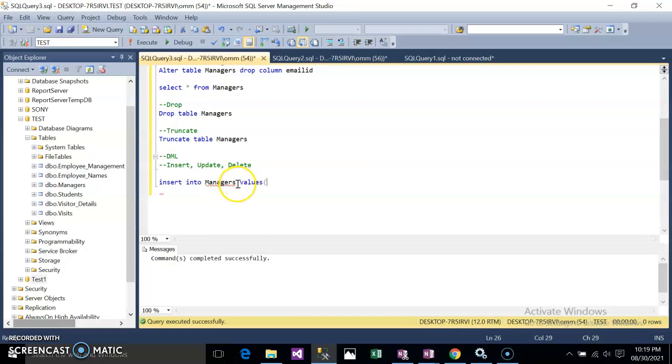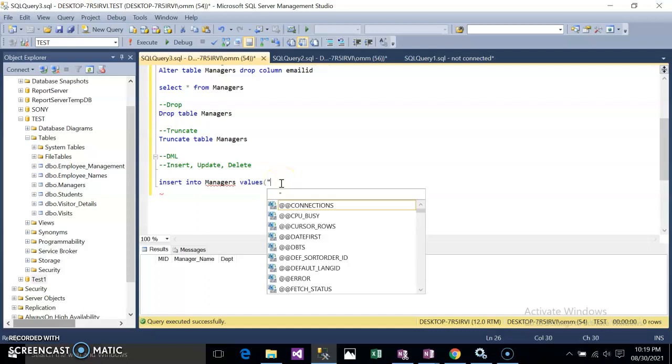So if I give this insert into managers and I am not giving the column names here, then I have to give all the data for all the columns present in the managers. So what are the columns present in managers? These three: manager ID, manager name, and department.